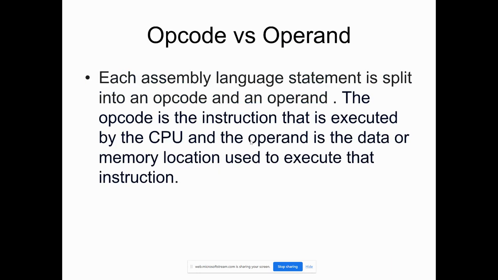So back again to the operation code and operand. Each assembler language statement is split into an opcode and an operand. The opcode is the instruction that is executed by the CPU, and the operand is the data or the memory location used to execute